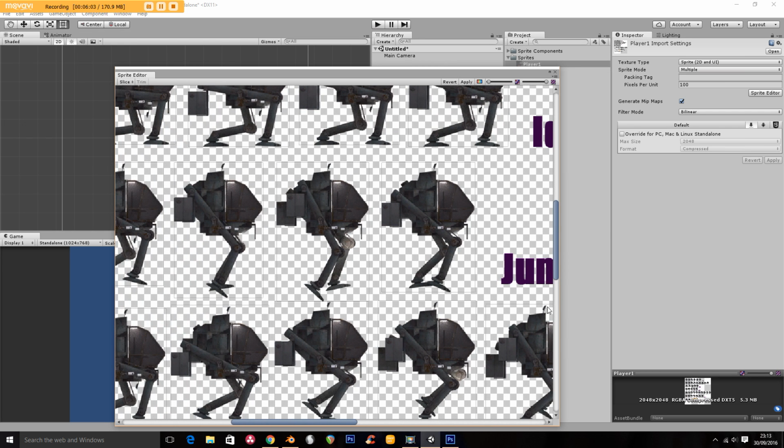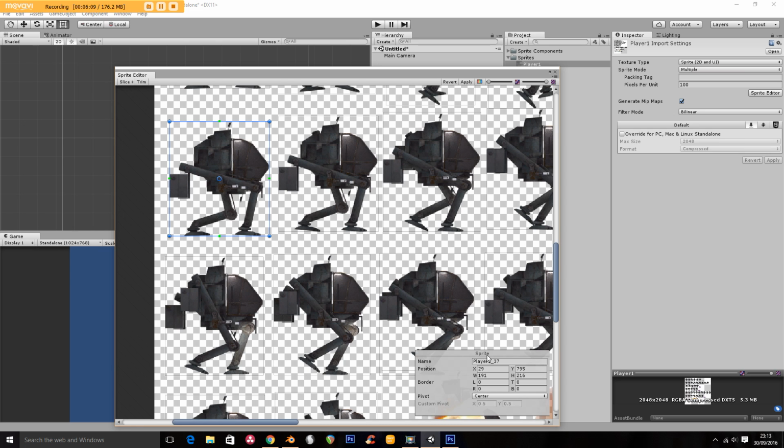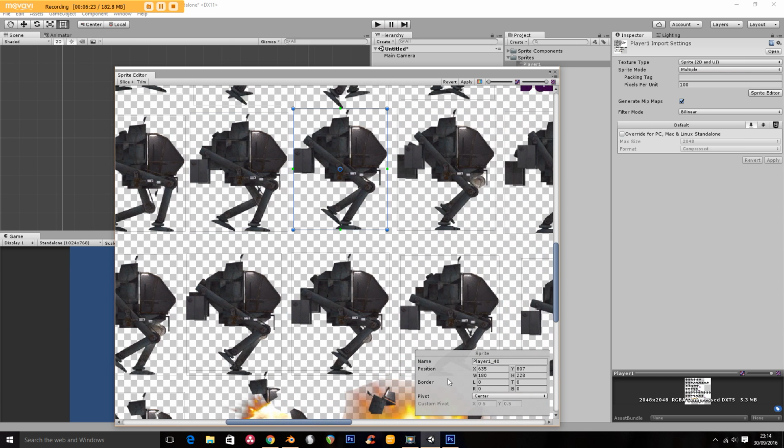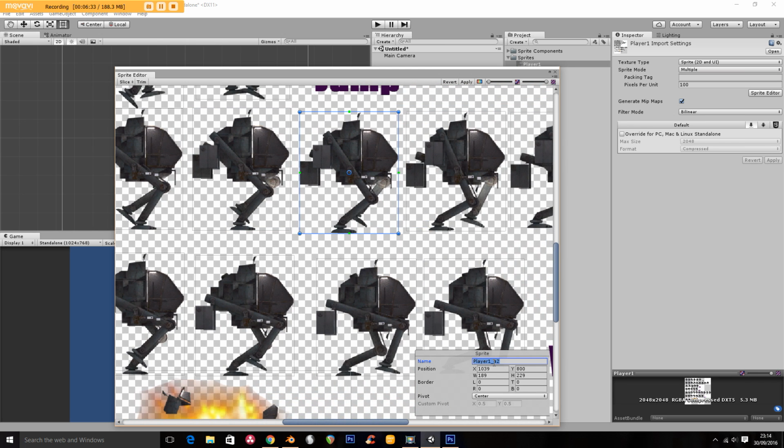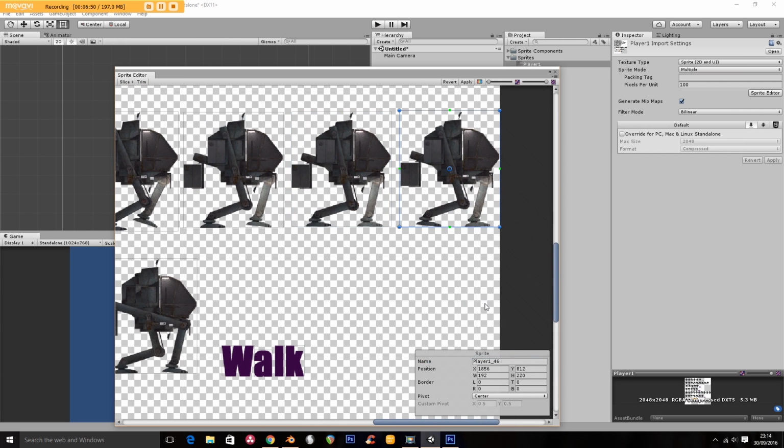Now, the next one is the walk cycle. So, W1, 2, 3, 4, 5, 6, 7, 8, 9, and 10. Now,